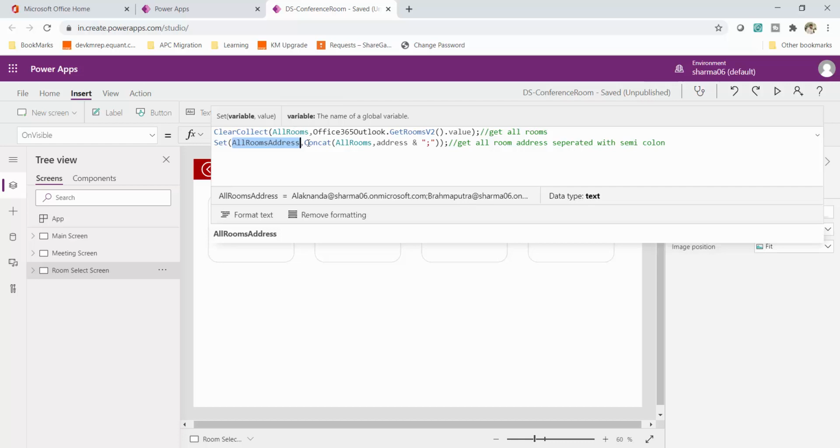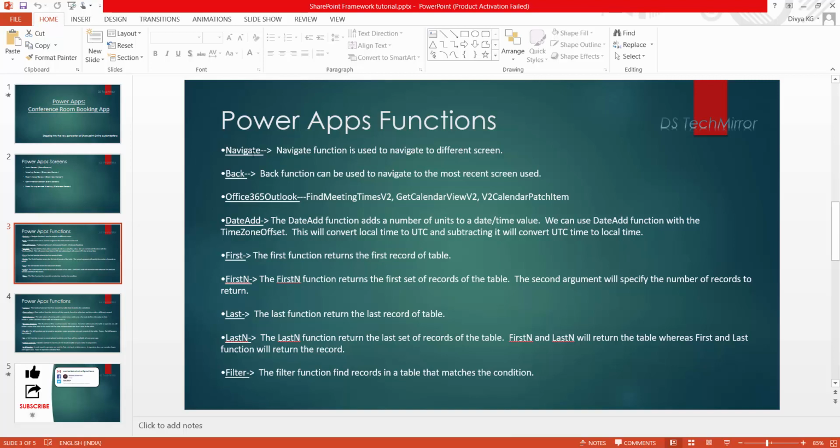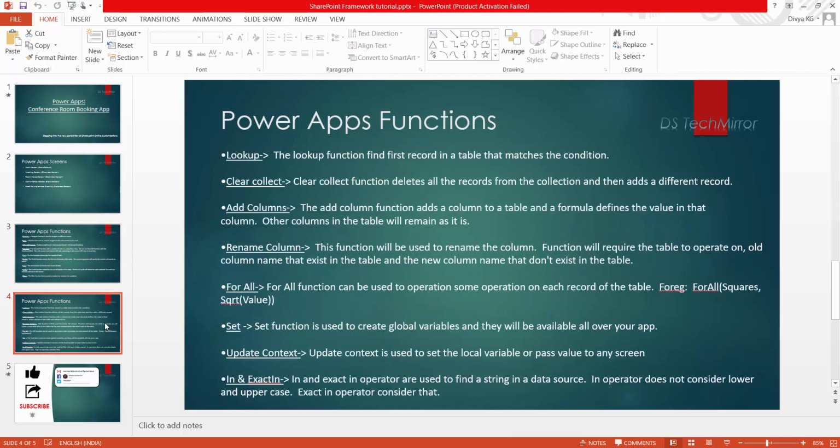So what I did, I used the concat function. So we have used this concat function. Again, if you see over here, we have used this Office 365 Outlook. I just want to cross check that we are covering each and every function, and if I am missing any, I will make a note of it over here, because it will be a recap of what we have learned in this video. So I can see I have not added a concat function over here, so let me add it over here somewhere.